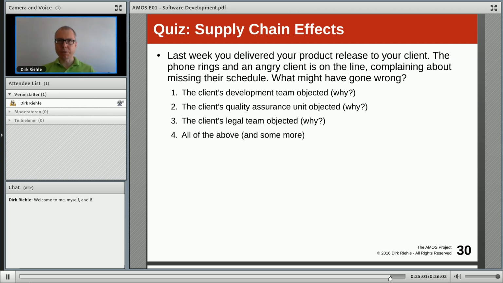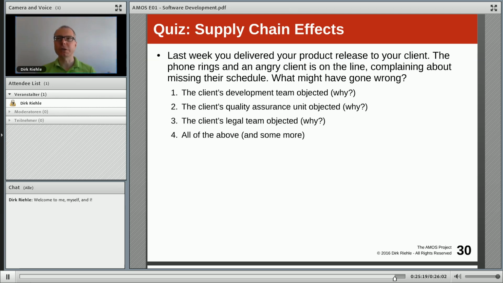Well, so the development team of the client doesn't like it. What could have gone wrong? Well, I don't know. Maybe you didn't follow the promises of certain APIs. Your API isn't delivering what they were looking for. Maybe it's just really buggy code.